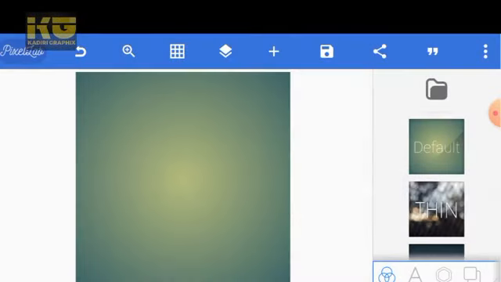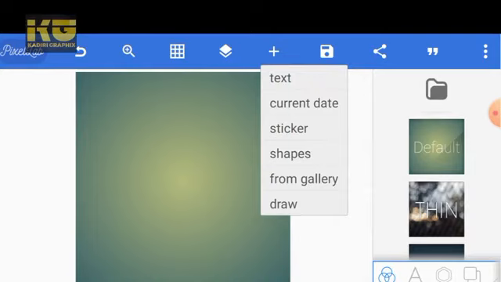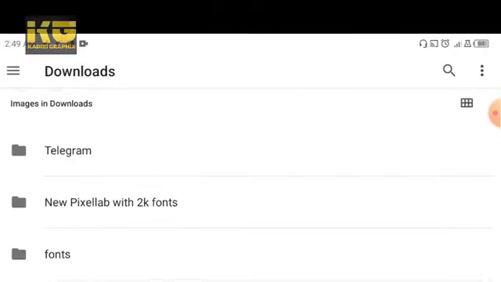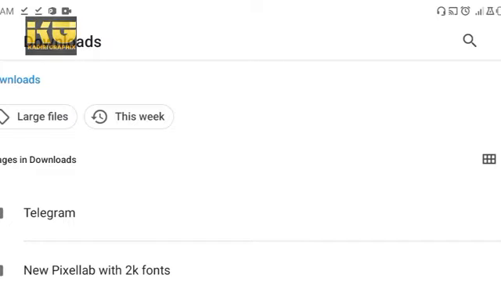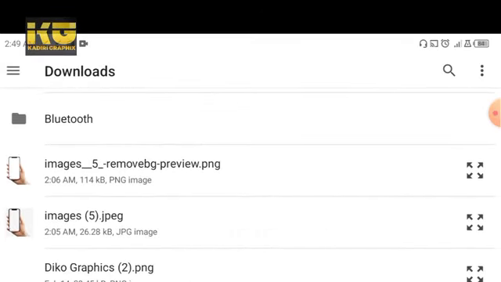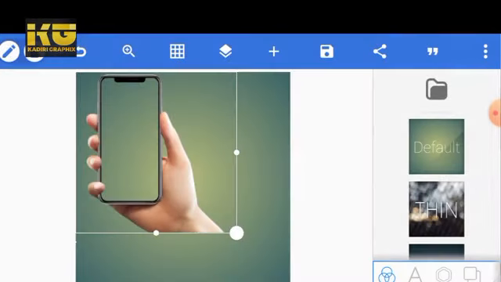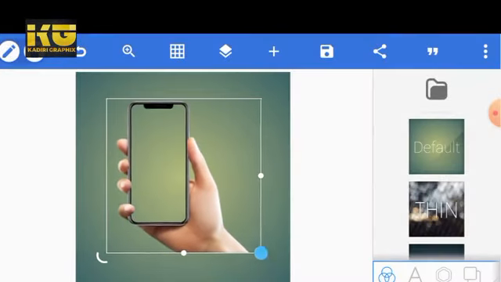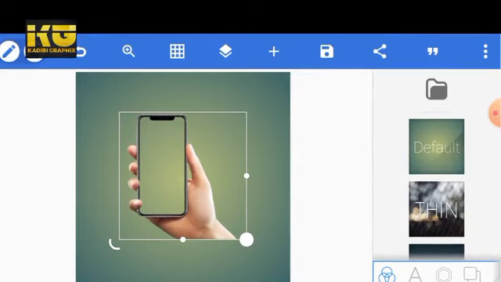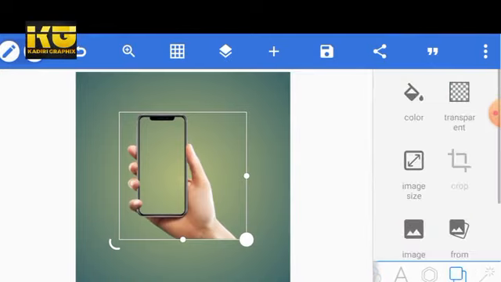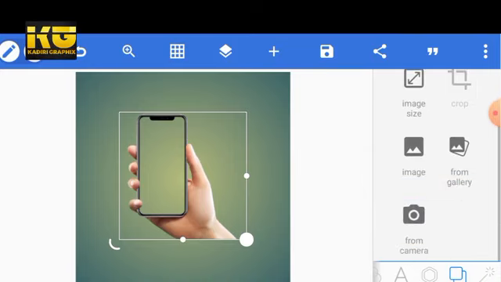So first, I have gone to the internet to download an image. Let me show you the image. Okay, here's the image. Now this is the image. So let me make the background a white background so that